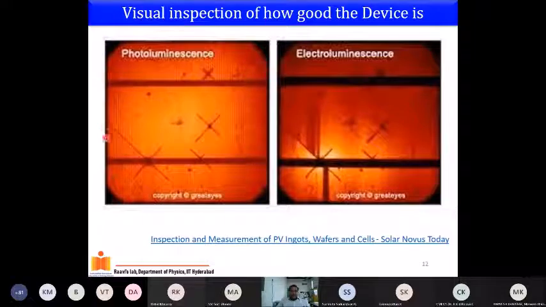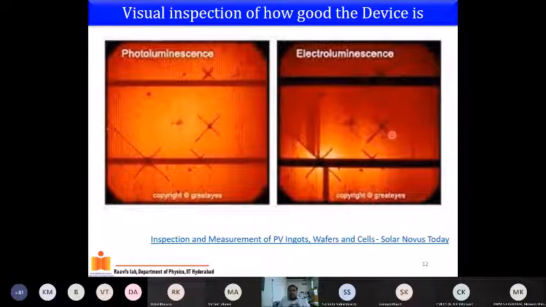If you look at it, this is the expected photoluminescence, and if you look at the electroluminescence from this point, the light which is supposed to come here is dark. So you see there are some dark regions. Of course, these dark regions are the fingers or the electrodes. Obviously, you don't see anything there. They are the electrodes of the panel. But then you can always look at some dark regions: this region, this region, this region.